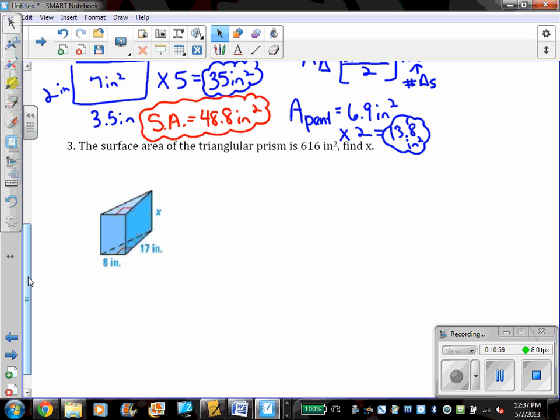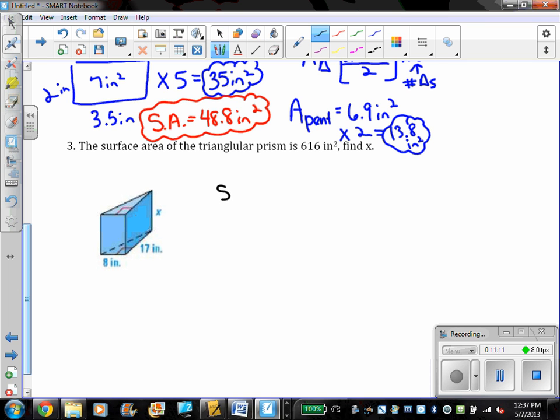Okay, this last example is instead of actually finding the surface area, they're giving it to us, and they want us to find the unknown variable x. So I'm going to start with the words surface area equals. Because this is a triangular prism, and again, it's because our parallel bases are triangles. So here's a triangle, here's a triangle. Those are the only congruent